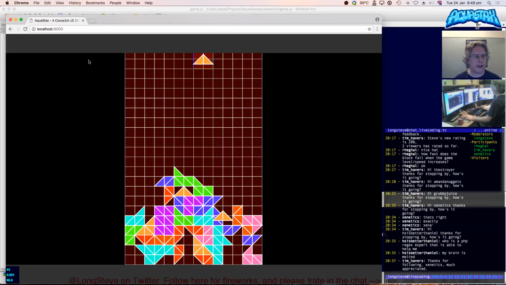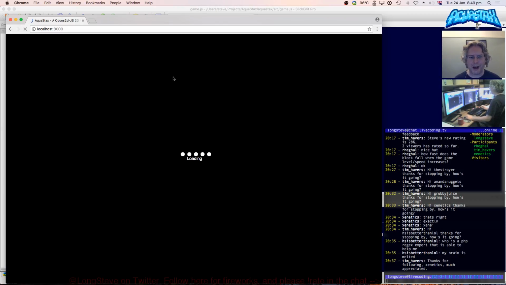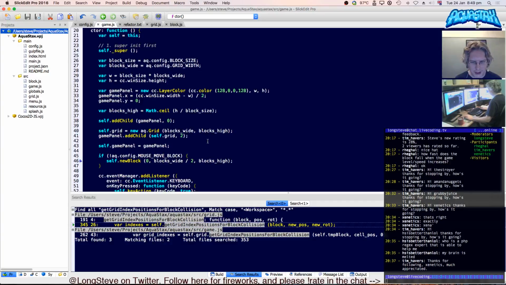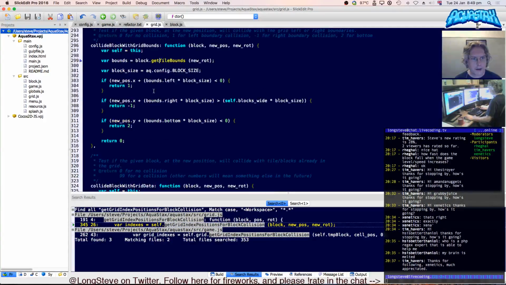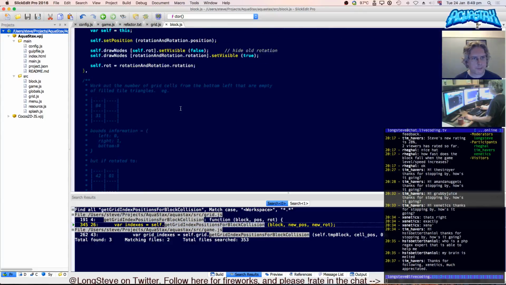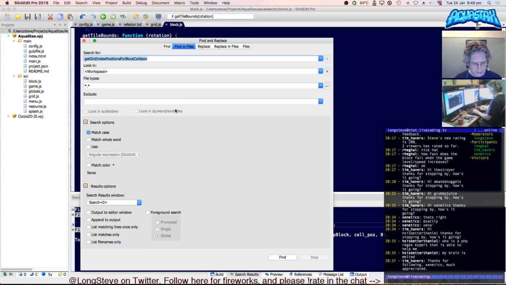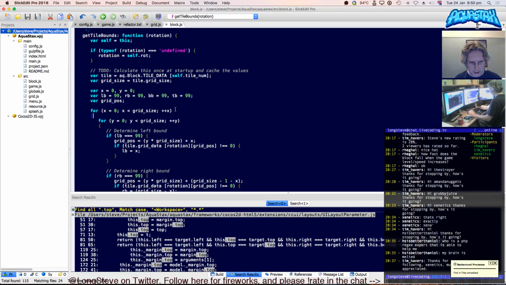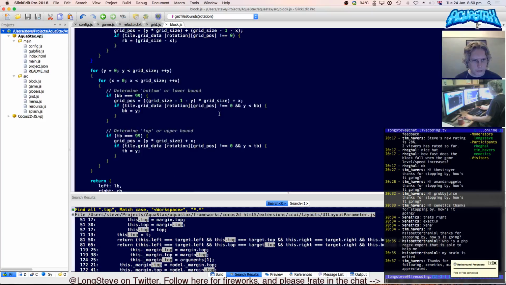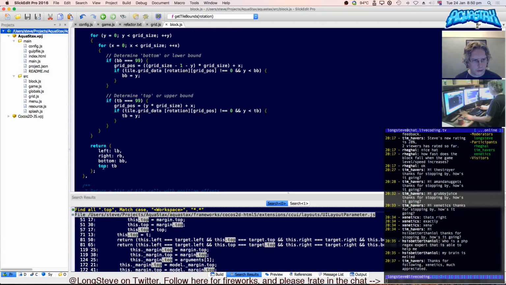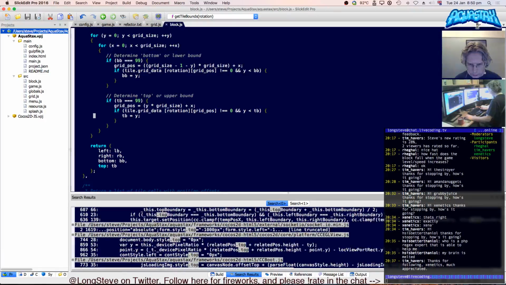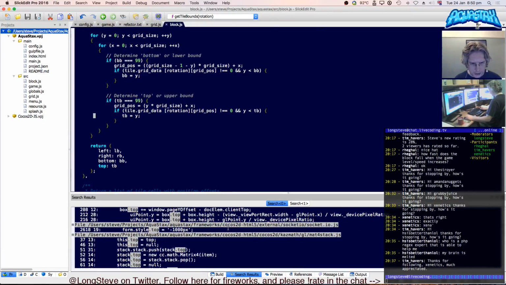All right, could spend hours doing that. In fact, I think I will, but after the stream. Let's go back to this upper boundary routine. So get tiles block, get tile bounds. Just out of interest, there was me saying I don't use the top boundary anywhere. I better make sure I don't actually use the top boundary. It is called top, isn't it? Yes. So lots of references to .top in all of the Cocos2d-JS classes, but